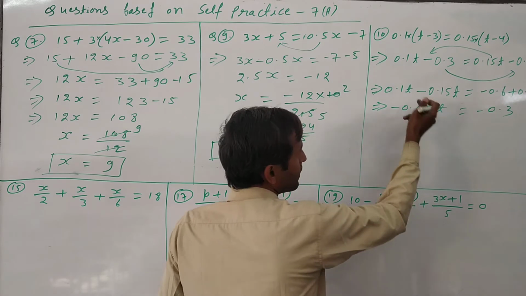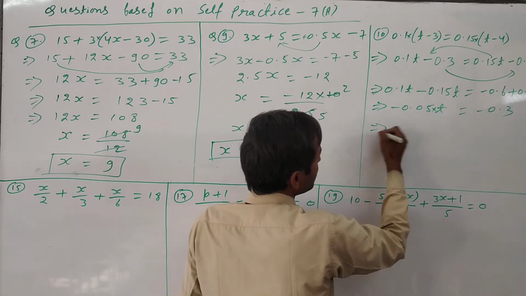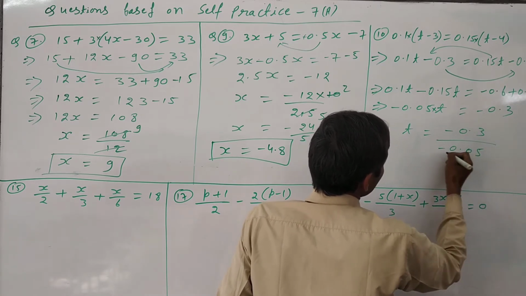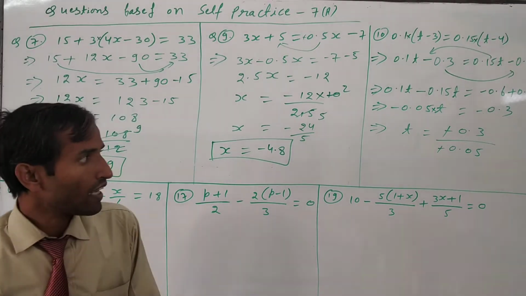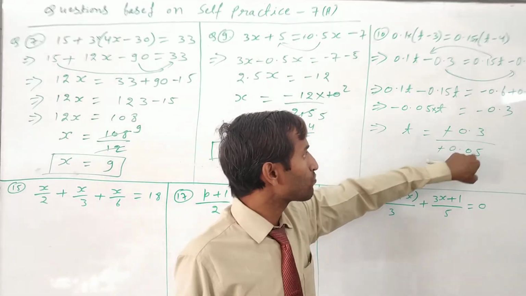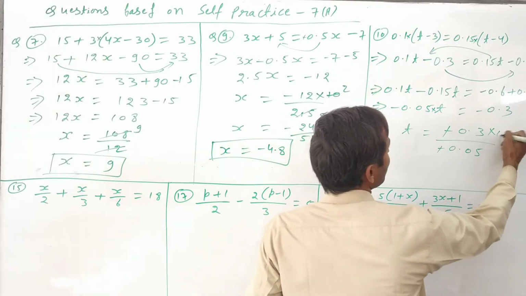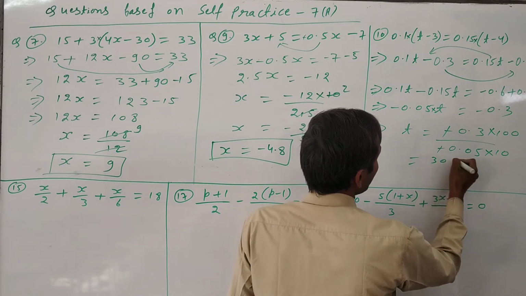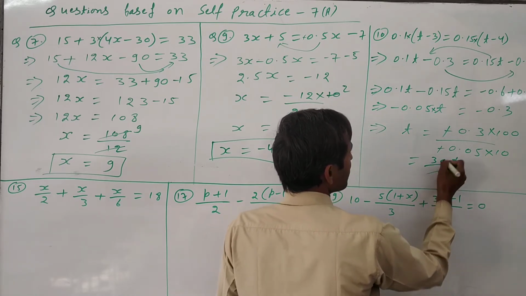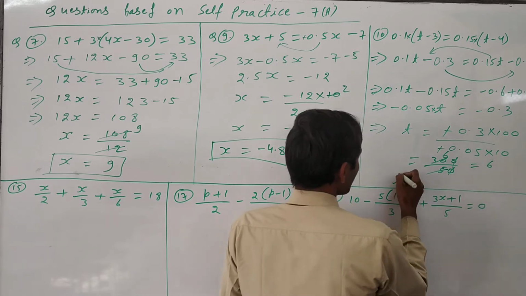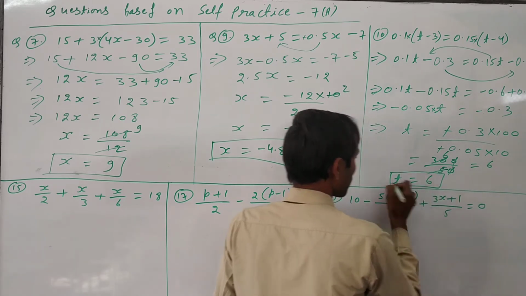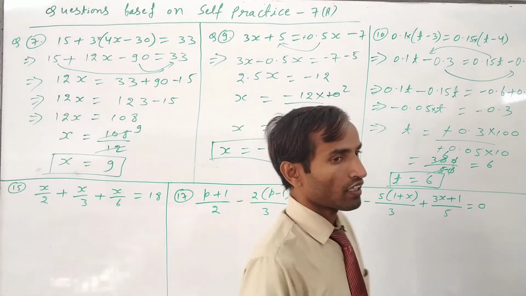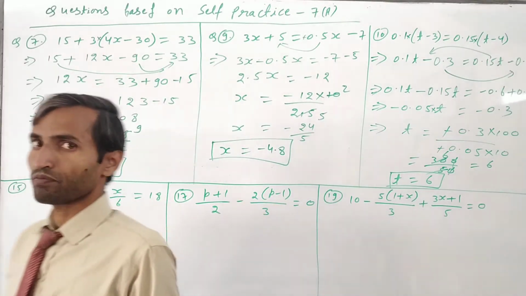Again the multiply sign is there, so we have to shift that side. So t is equal to minus 0.3 upon minus 0.05. Then minus will get cancelled, it will come in plus, and then remove both decimals. Here 100 will come, and here 10 will come. Now we have to cancel out. So here 300 upon 50, then 6. So the final answer is 6. So t is equal to 6. This is the final solution. Okay. So like that we will do, then you will also get the correct answer in other questions. Same types of questions will come.